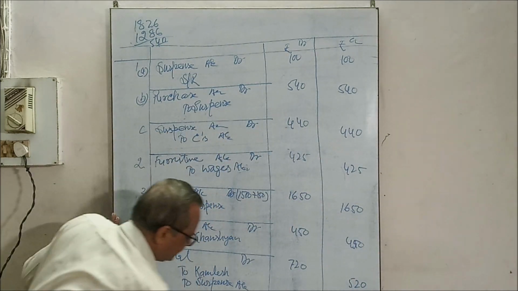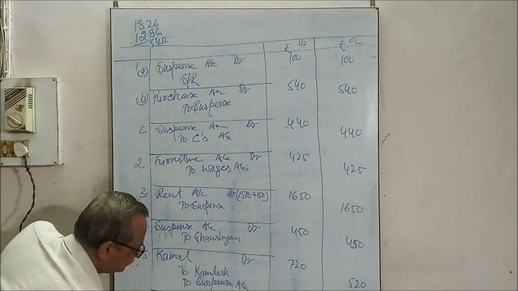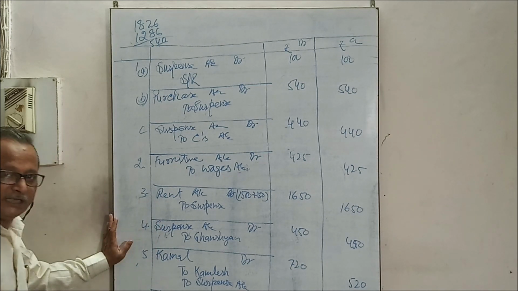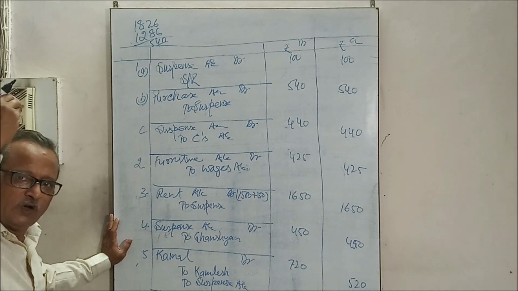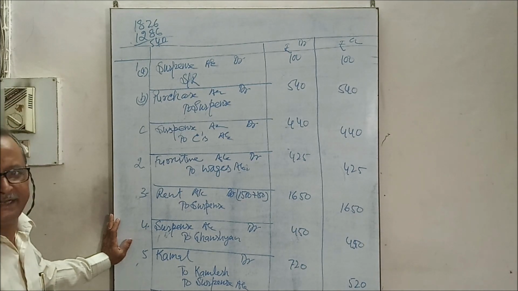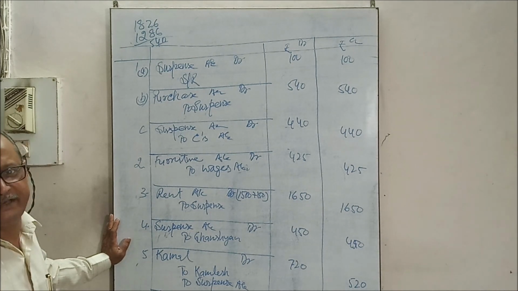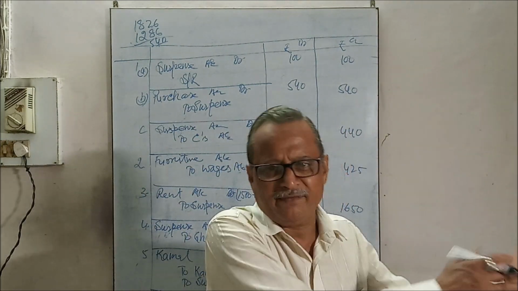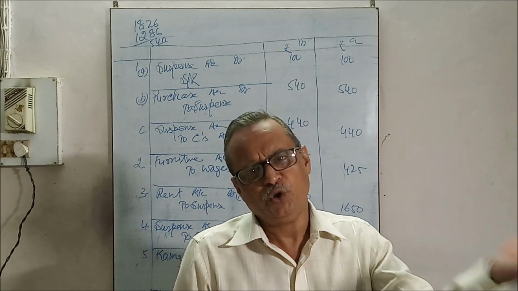Here I am passing this entry. Debtors or drawee account debit to bills receivable. Bills receivable should not be debited because it was already credited to the bank. The bank was credited, but bills receivable was debited, because the bill receivable was not in your hand. It was discounted from the bank, so it is in the hand of the bank, and the bank will charge from the drawer.